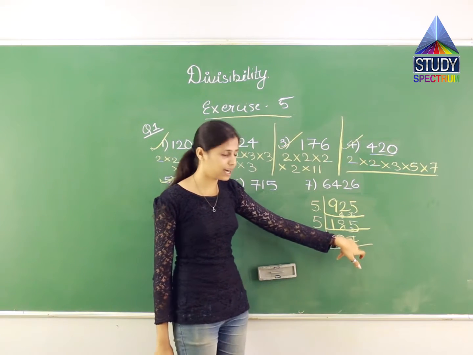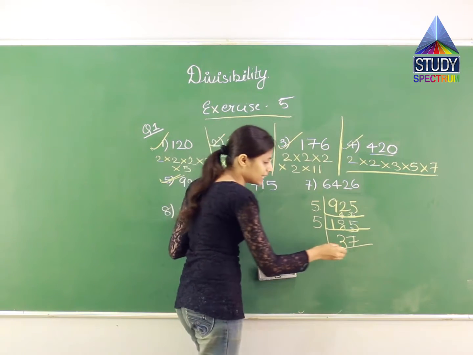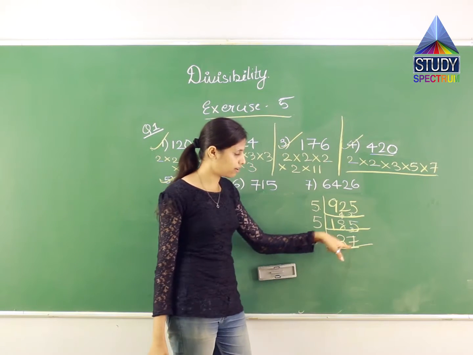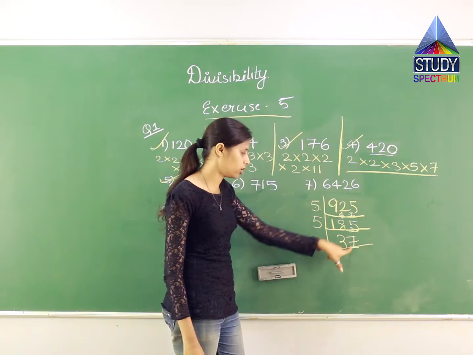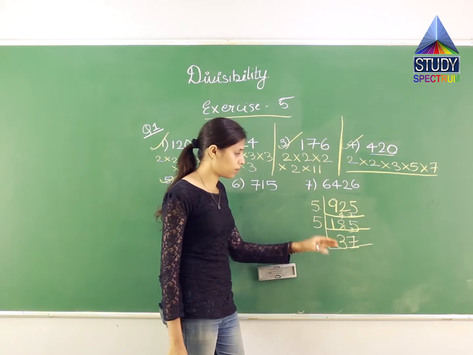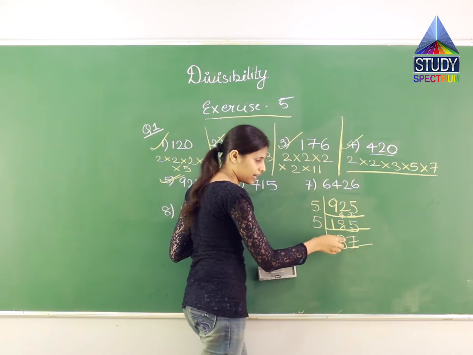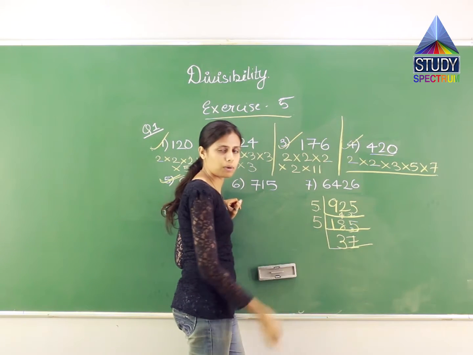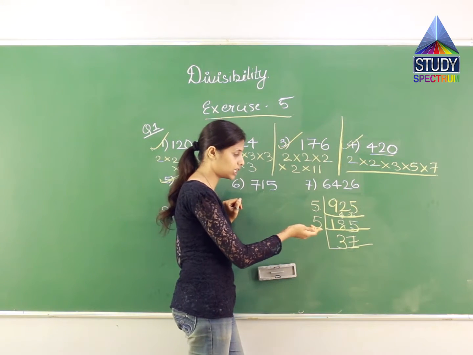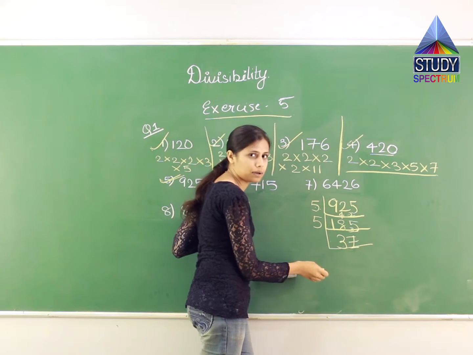Is it possible to divide it by 2? No, because for dividing it by 2 I need an even number at the end, but I have an odd number over here. Is it possible to divide it by 7? 7 5s are 35 and not 37. So it is not possible by 7 even. 8 not possible, 9 not possible, 10 not possible, 11 not possible. 12 no. 13 not possible. So what I can say, this number is a prime number.